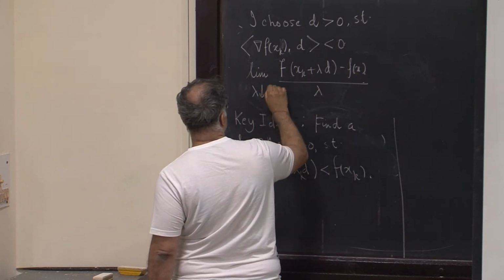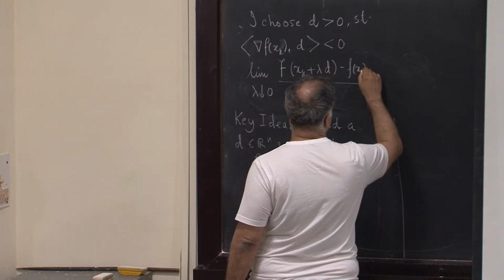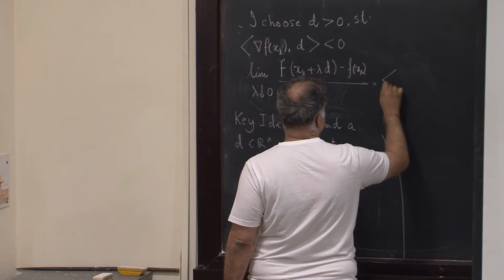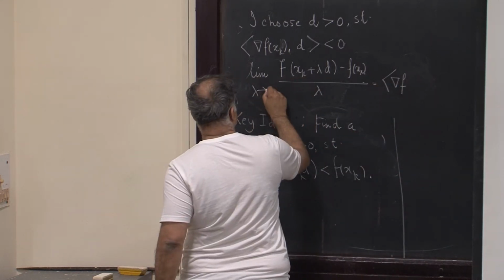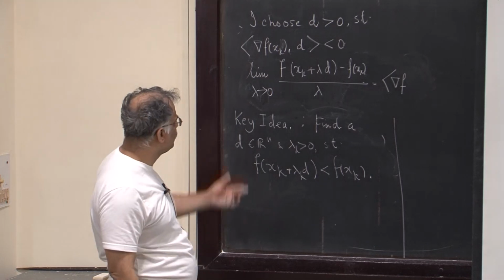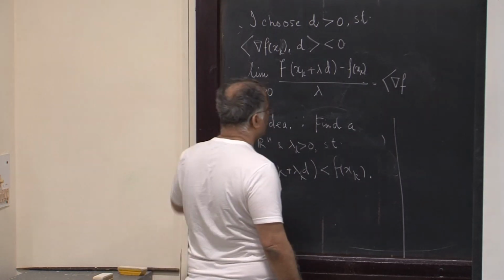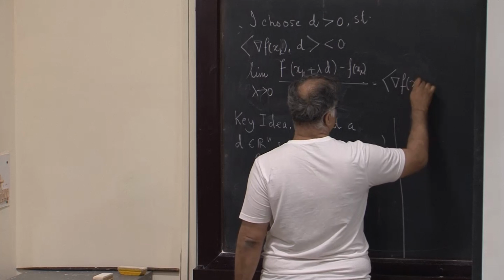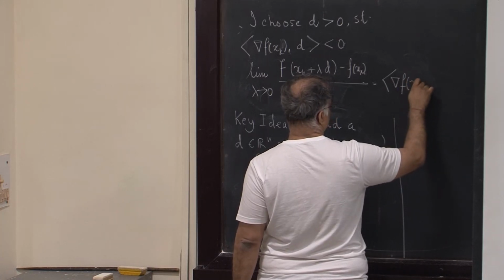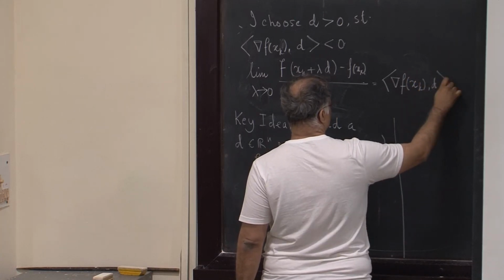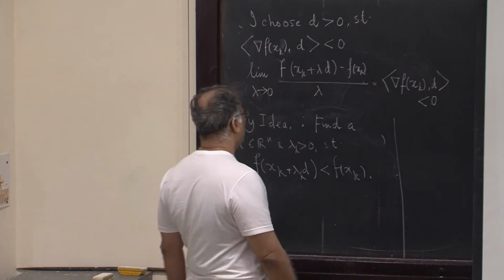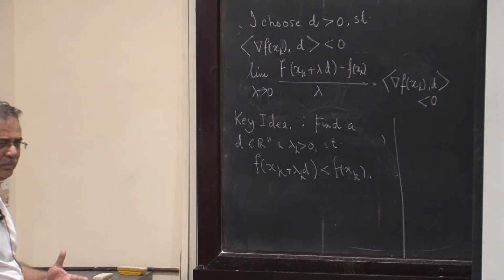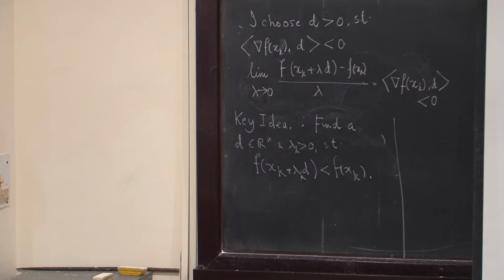Limit lambda tends to 0, or lambda k if you want, also x k. This is nothing but a directional derivative. We just write lambda this way also if you want. Here we usually choose lambda greater than 0, that is why I wrote lambda down arrow 0. So this is what I already have said to be strictly greater than 0. Then by the definition of the limit, limit means that